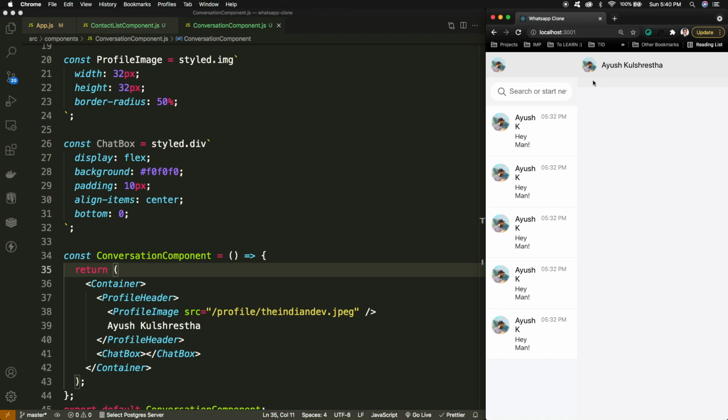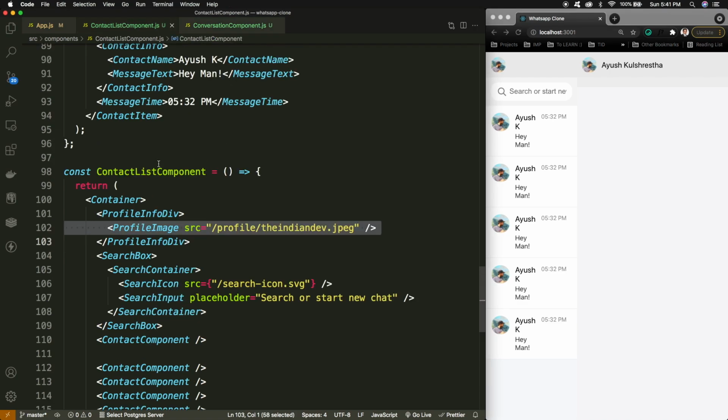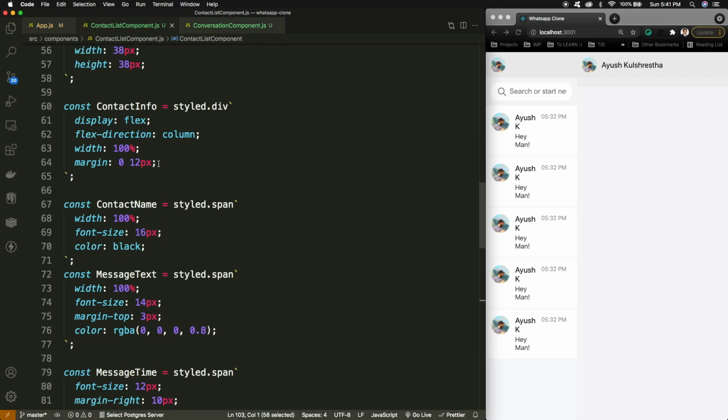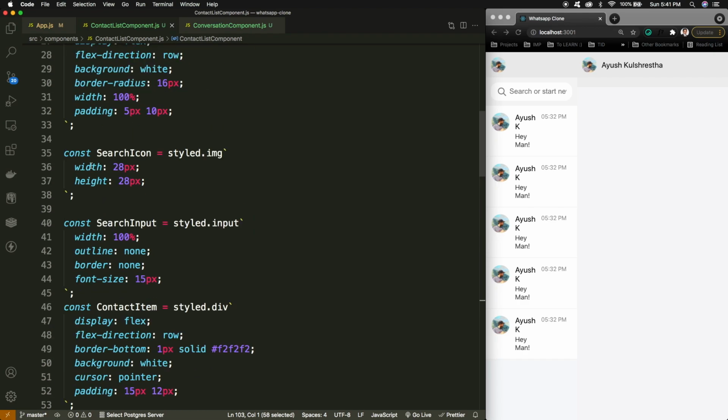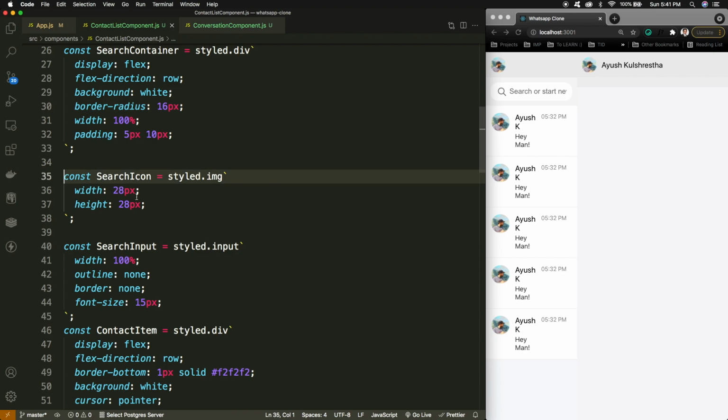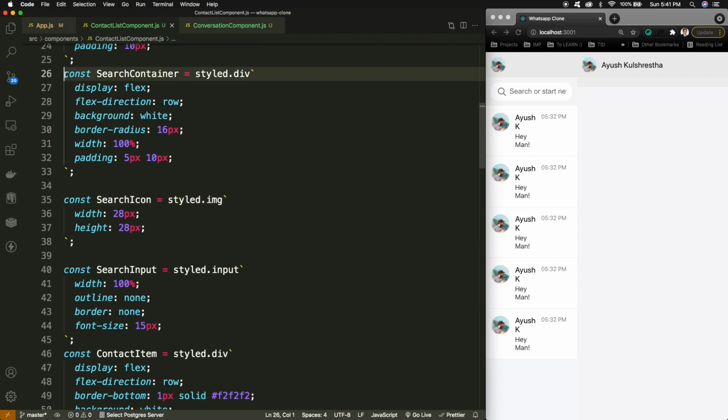Inside this chat box, okay, so what I can do is import the same search icon or search properties. For that I'll be going to the contact list, and inside this I can have it as the search container, and I can export it from here. The search container is exported.